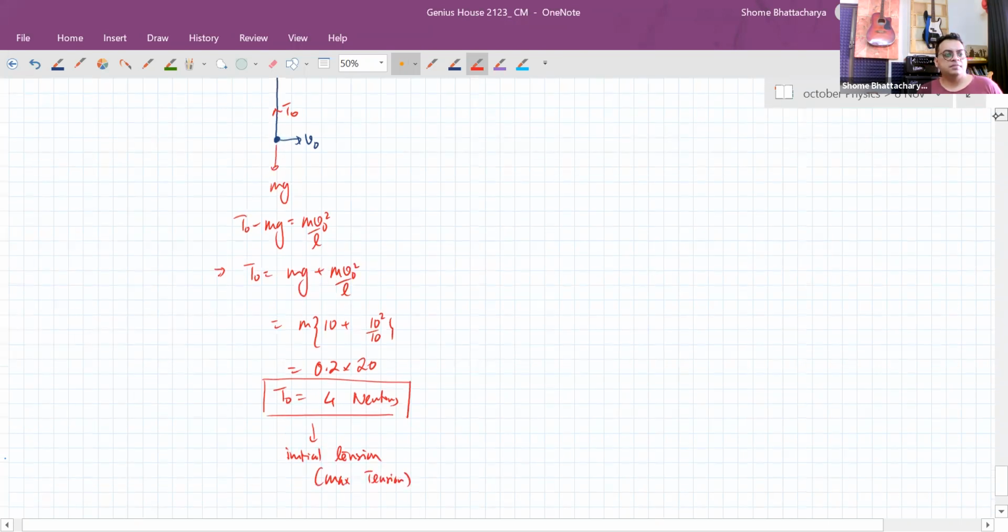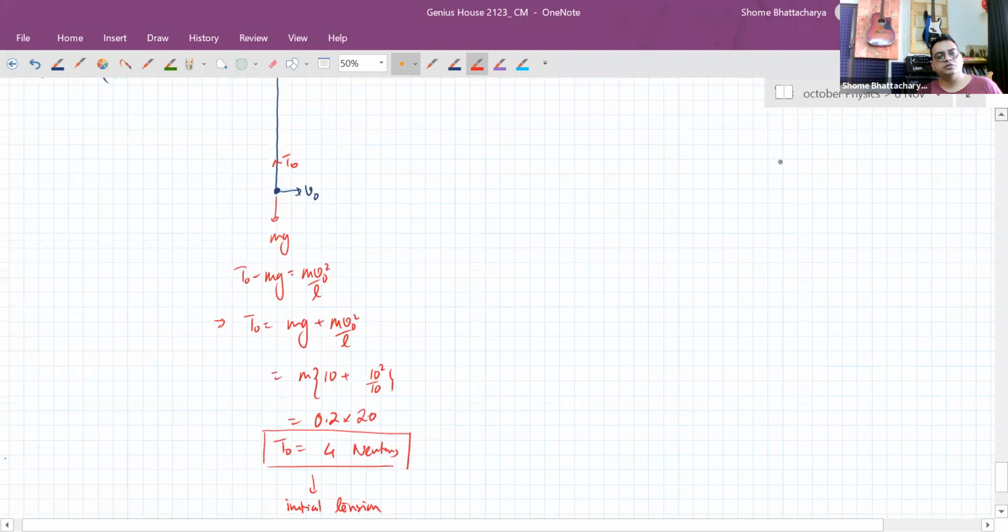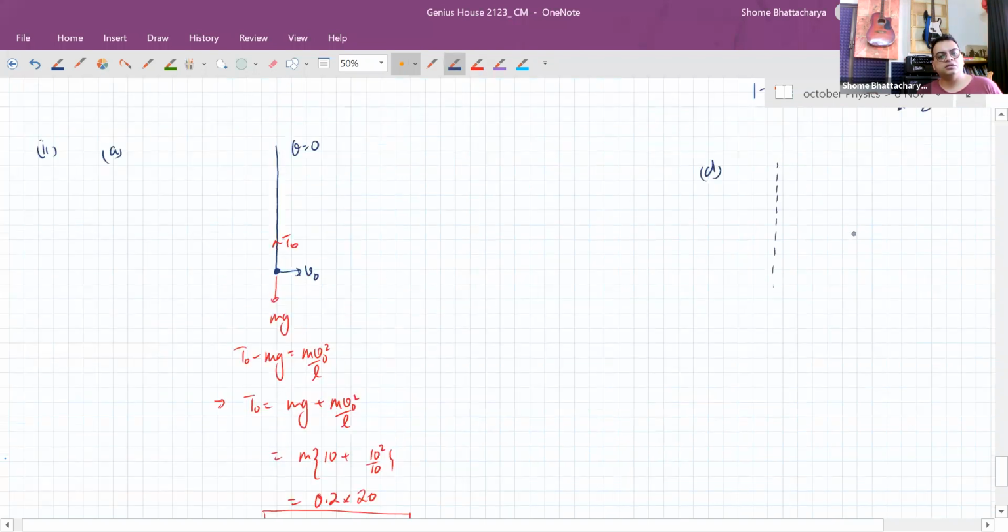Whereas when it reaches the maximum angular displacement position, which I've taken as the last part of this, I'll do C and D also in between, B and C rather. But when it reaches this maximum angular displacement of 60 degrees, speed is 0. So at that moment, what is happening? The tension acting